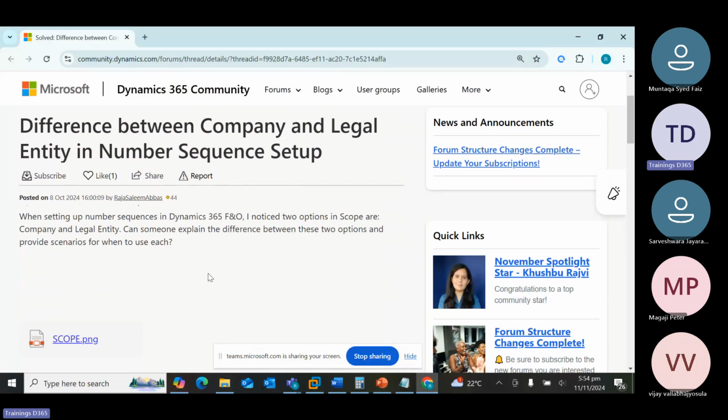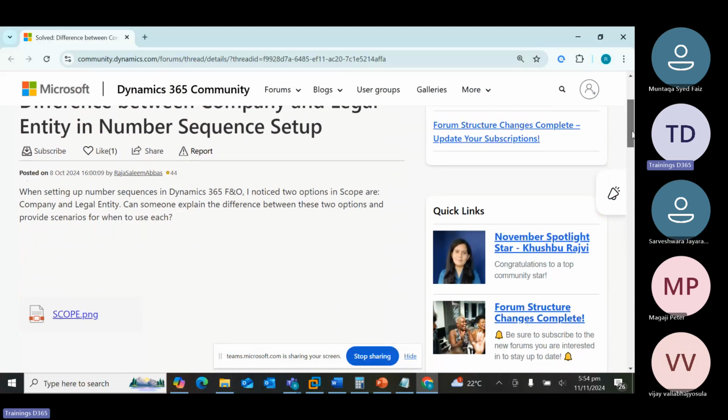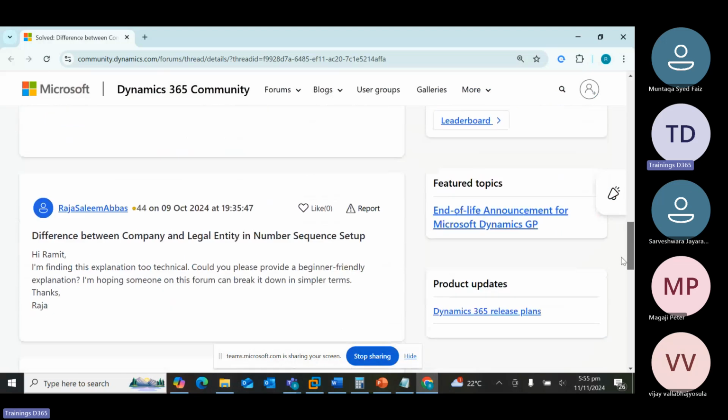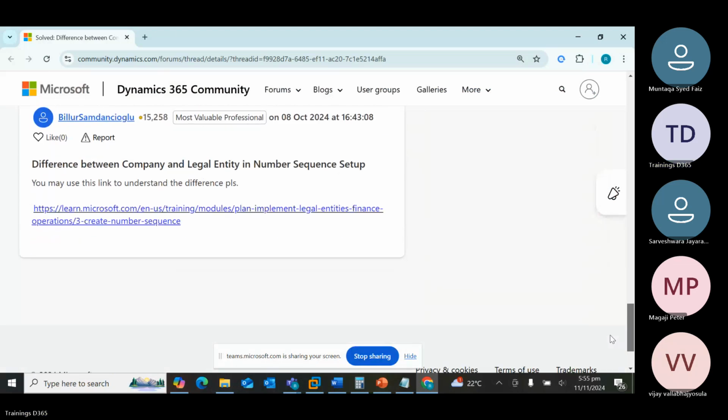Some people say that these words are used interchangeably, so it doesn't matter. You are entering a journal in the same legal entity, and you are selecting a company. So these words are used interchangeably. Even in a lot of other ERPs, they use the term company for the legal entity also. But in Dynamics 365, it's more related to the technical side, and it's really difficult for a normal person to understand. If you see this thread,